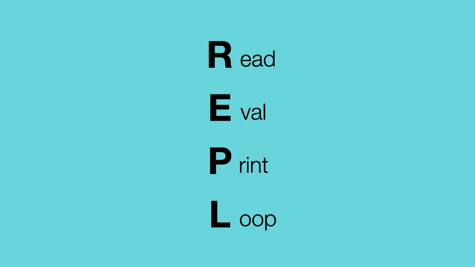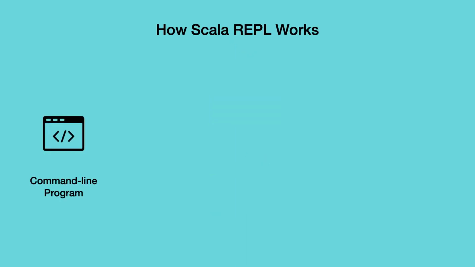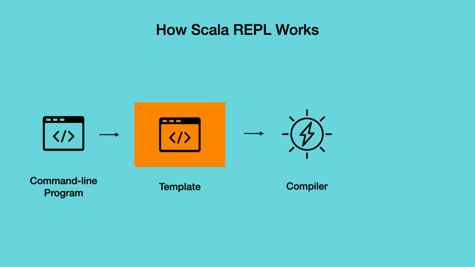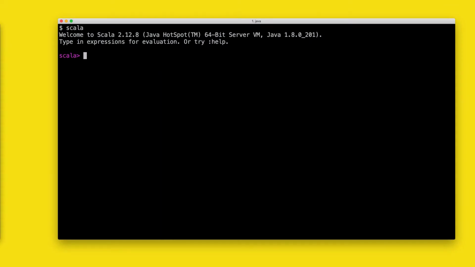REPL is read as Read-Eval-Print-Loop. It is a language shell provided by many programming languages to interact with them. The Scala REPL wraps the program typed onto the shell into a template, compiles it, and then executes the result onto the shell. To start working with Scala in the REPL mode, open Terminal, type scala, and then hit